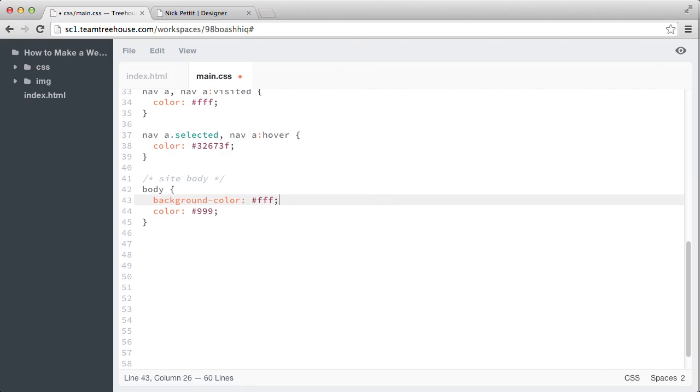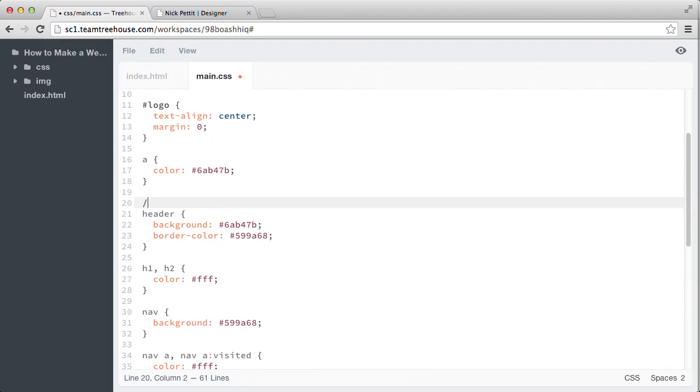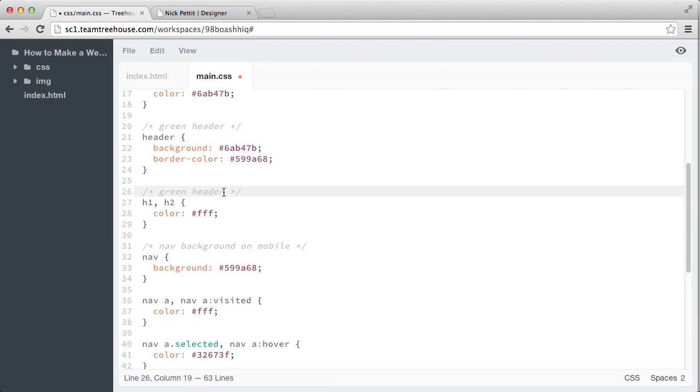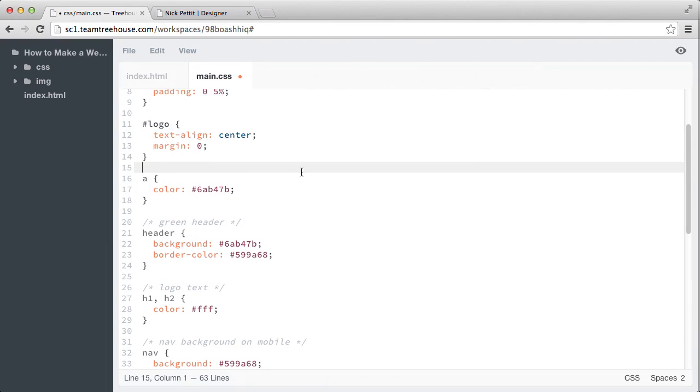Now, let's go ahead and comment the rest of the colors that we added previously. So, up here for our header, we want to say that this is going to be a green header, and this will help us remember what colors we put here. And I'm just going to copy this comment and just edit its contents so we can type a little bit faster here. Just above our navigation, I'm going to say that this is the nav background on mobile devices. Right here, this is the logo text, so let's type that, logo text. We've also colored our links here,